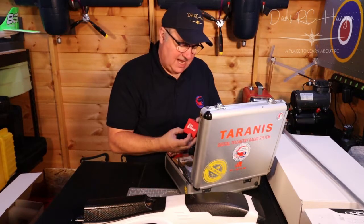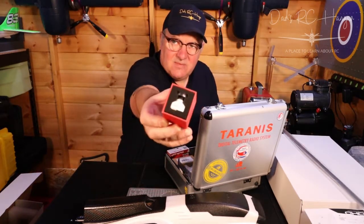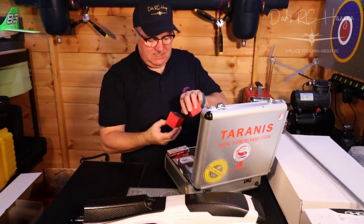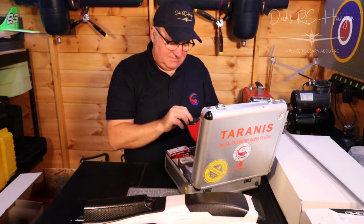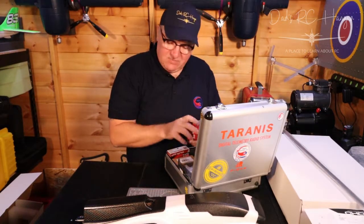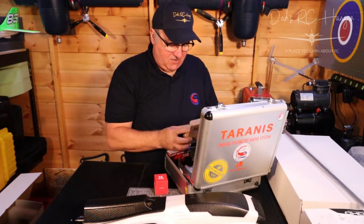We have got our Foxeer camera. Our little diddy Foxeer camera. Hello there, it's so small. Still kept in the box. I thought if I get it out, we'll get this out when we're on the build. So that camera is going to go in the front. We've got our